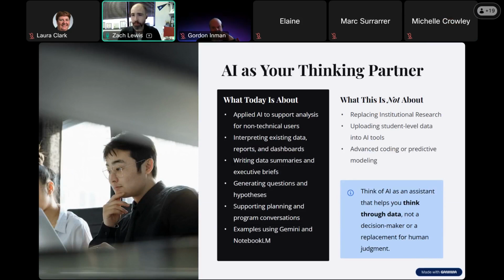I would hope that it comes as no surprise to all of you that every college has an embedded analytics function. It might be called institutional effectiveness on your campus, institutional research, some combination of those things. And we're busy at work producing lots of reports and dashboards and other resources that are at your disposal to help you make smart decisions based on the data that we have available.